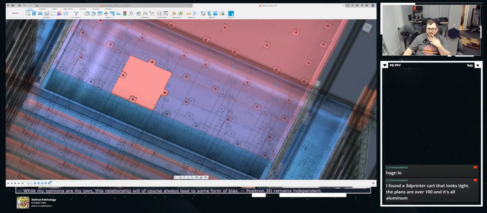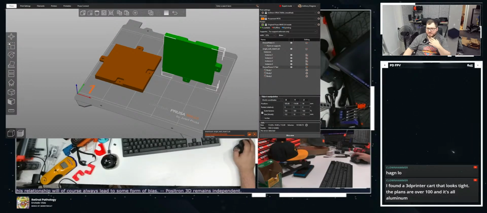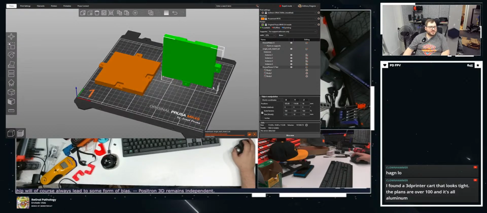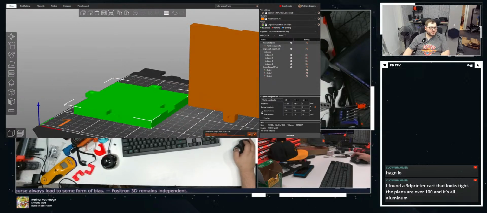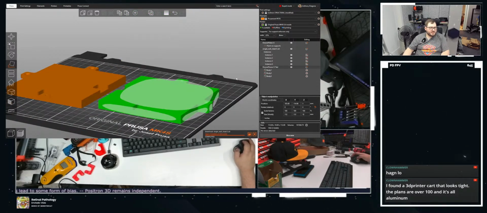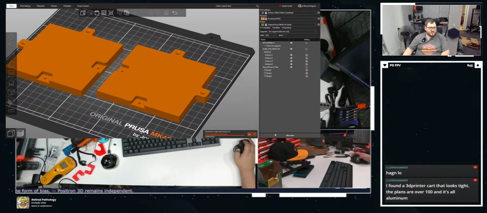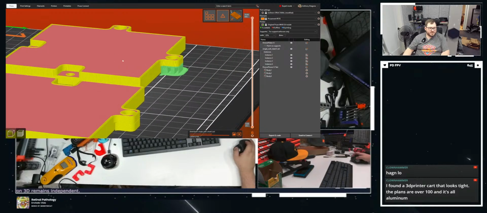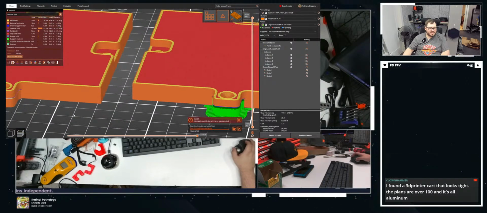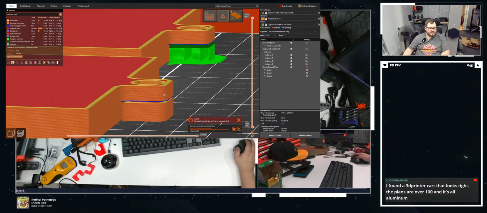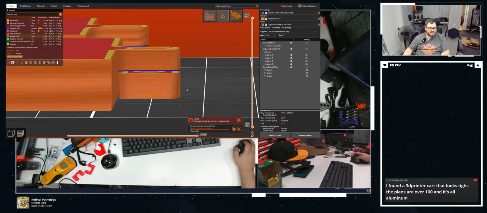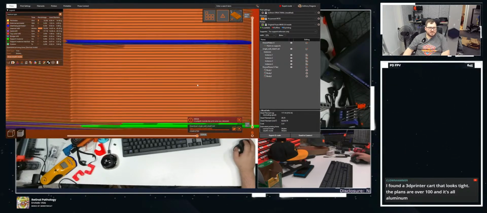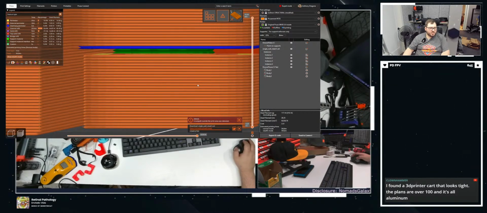All right. Go ahead. Let me show you guys Prusa Slicer now. So here are the two pieces. Let's go ahead and orient that. So now if we slice this real quick, you can see the difference. So this is using generated supports, this is not. You can see that it marks that as an overhang, but this is just a one layer difference.